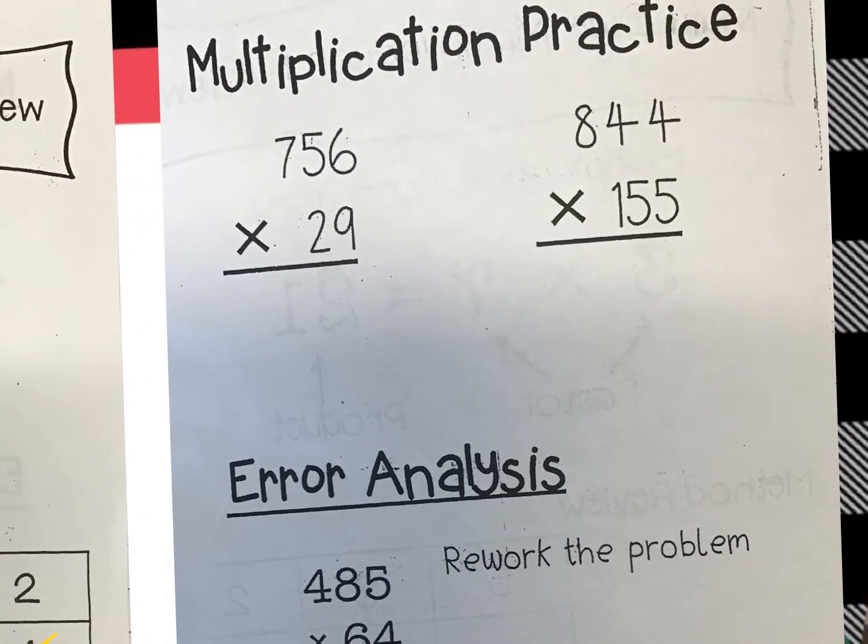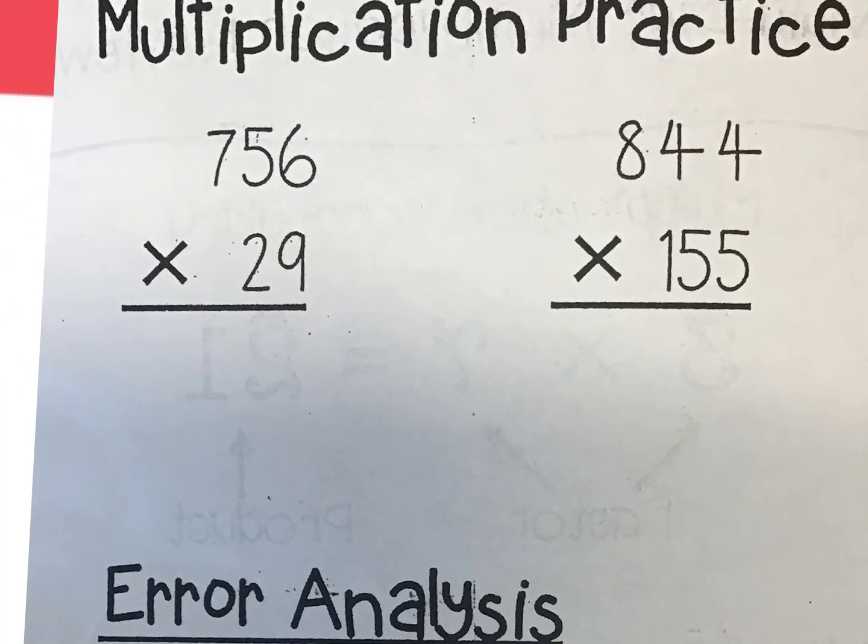Now we're going to come over here and we're going to look at a couple of practice problems. We're going to do the same thing that we just did again. I'm using different colors again. All right, so I'm going to start with the ones, the 9 in the ones column, and I'm going to multiply it by all 3 of the digits on the top number. So first I'm taking 9 times 6, which is 54, carry the 5, then 9 times 5, plus the 5, good, carry my 5 again, and then 9 times 7, plus 5,